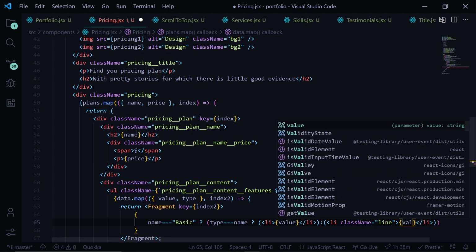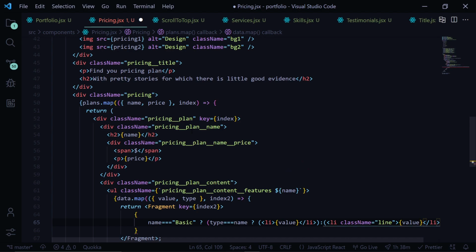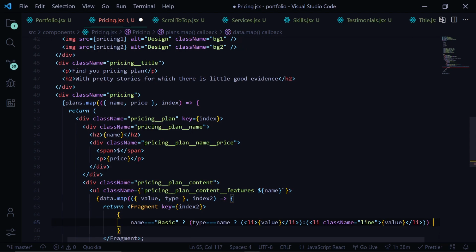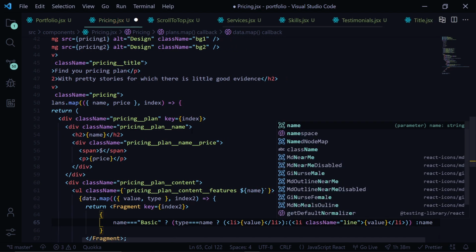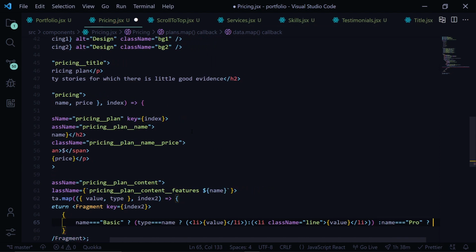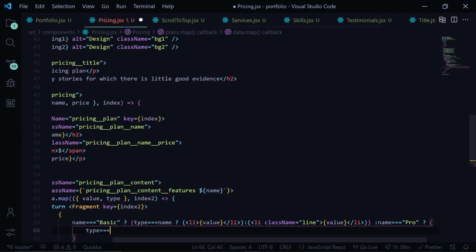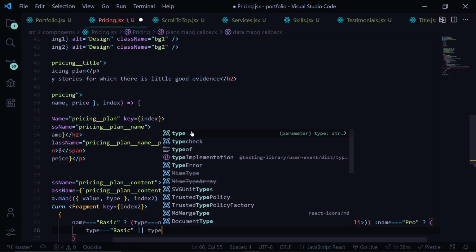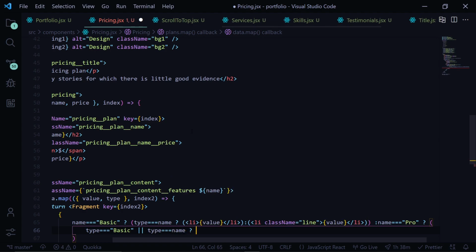This also has the value, and after this we have name triple equals to pro, then we'll have type triple equals to basic check, or type triple equals to name, then we'll return the li with the value,